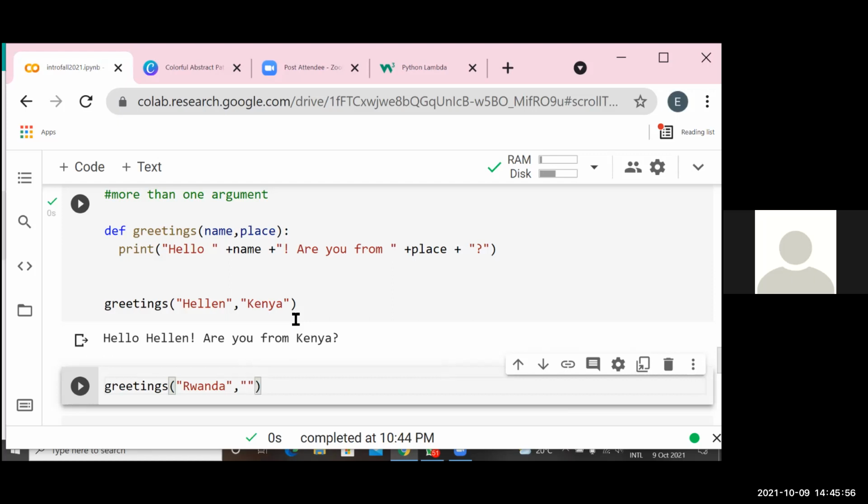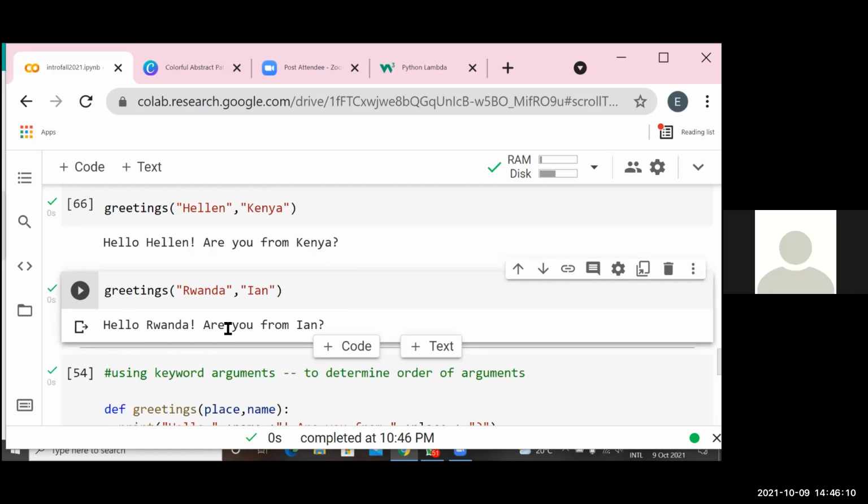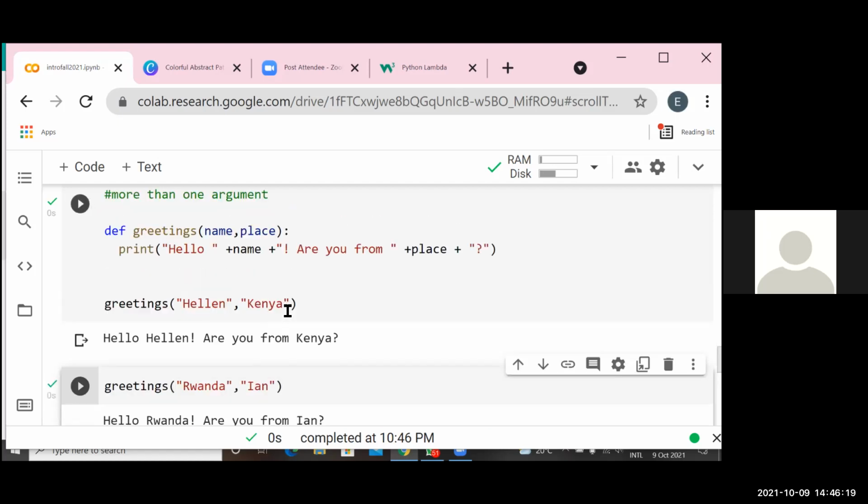Maybe you say something. So let's see what this would do. It would print, hello Rwanda, are you from here? You see, so make sure that the order in which the parameters have been specified is the order in which you enter your values. But sometimes, we're always human, you can forget, and there's always ways to work around that.